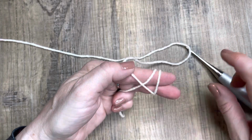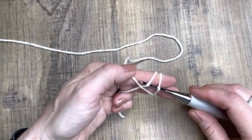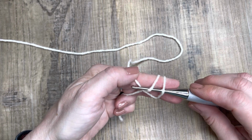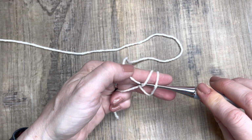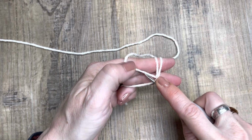and then crisscross it just because it's easier to see where you have to go. You're going to go under this loop and this loop. You're going to go over this loop and pull it through. Then you're going to go back